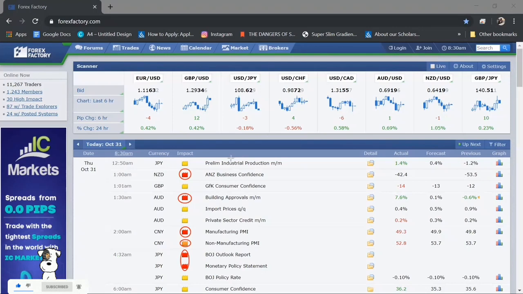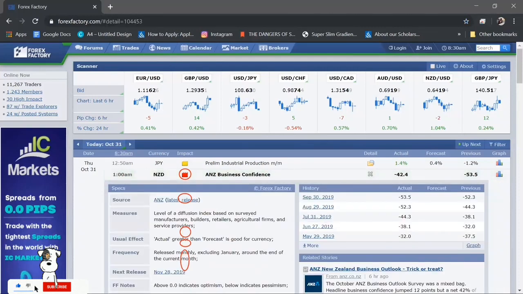Now, here is where you get the full detail of the news. You get the full detail of what is happening at that time. Why is the market moving? Why am I staying out of this market? This is where you get the details. You click on this folder, you get the details. So what's happening at that time? They say